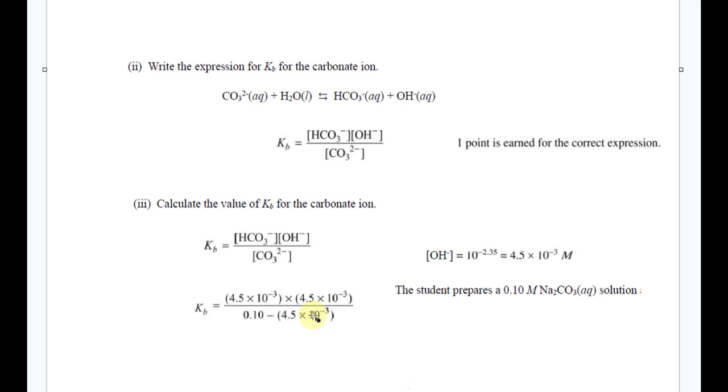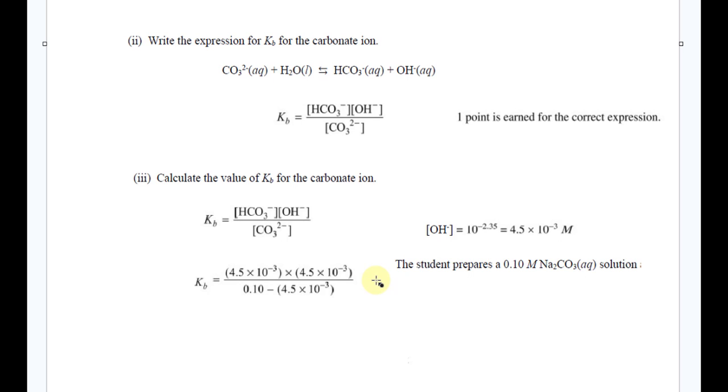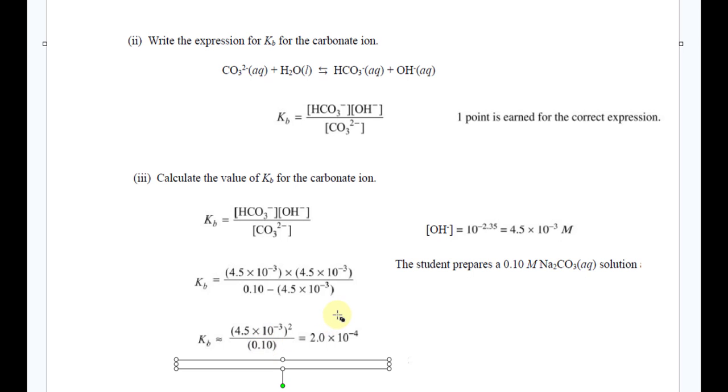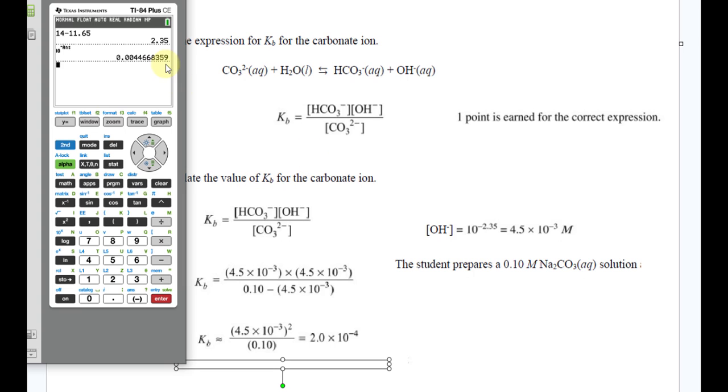Now, it's such a small value that it's not going to make any difference. And on this exam specifically, I don't think they minded. They even gave this as their option, where the KB is approximately 1/10. But I would be cautious. On some other problems, it could make a difference. I'll pull my calculator out and we'll see how we can take this thing. In fact, actually, we've got our previous answer, and all I've got to do is square it, and I'm going to divide, and I can take the 0.1 and subtract the amount that ionizes,